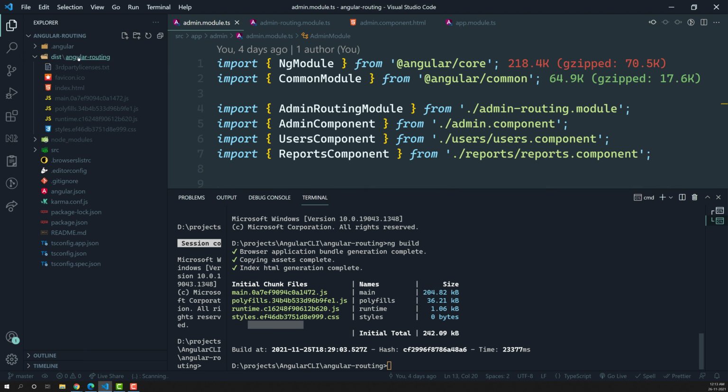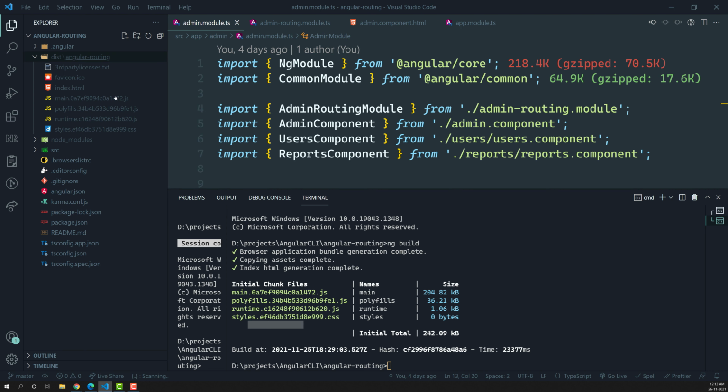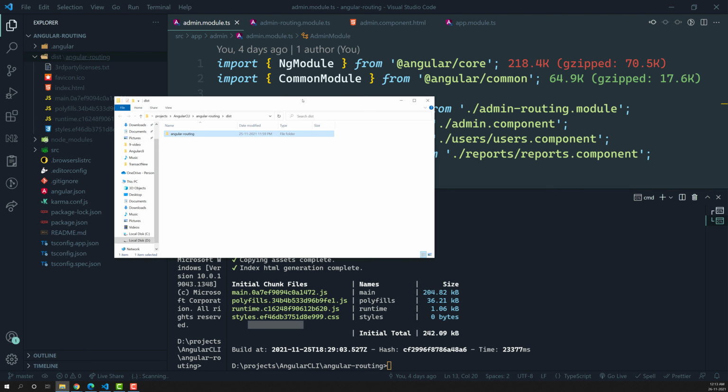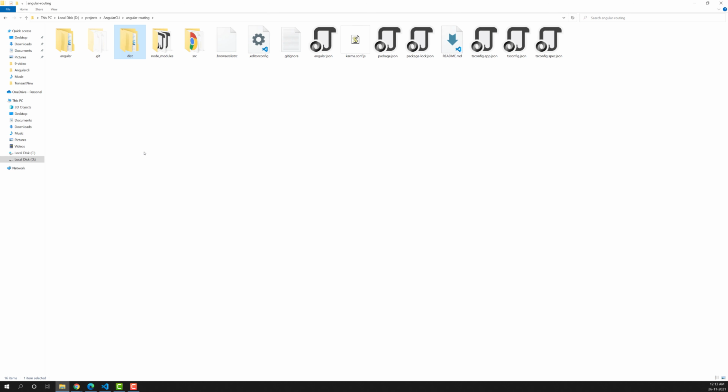Now if I open this in the file explorer, I will try to show you. Let me maximize this. Okay, so this is our Angular project.